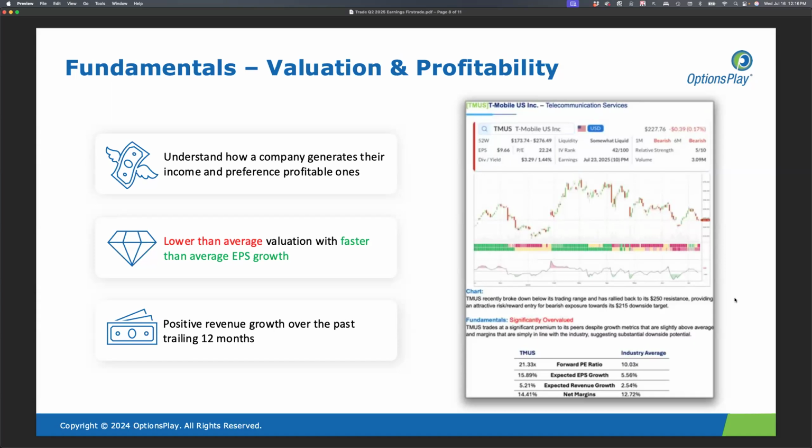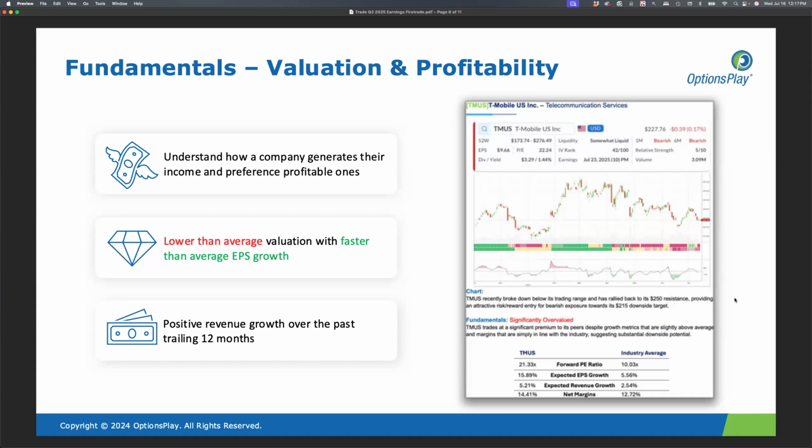And on top of that, T-Mobile's more profitable than its peers. So by all accounts, T-Mobile is justified in trading at a valuation that's higher than the industry, which is again around 10 times forward earnings. But does it make sense for it to be trading at 22 times forward earnings because it grows faster and is a little bit more profitable? That's where I have a hard time